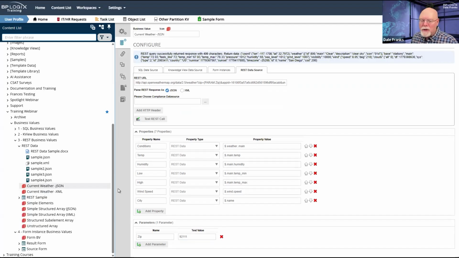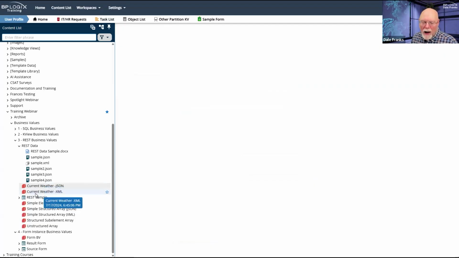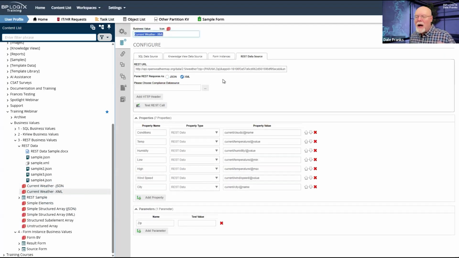So the difference between these two items here is not how I get to my data. That's going to be the same for both. But now we're back to how it's going to give the data back to me, which, depending on which one of these we look at, is going to be either XML or JSON. Like I said, I have an entire webinar on nothing but JSON, path, and XPath. So we are not going to get into the details of how we pull this data back.